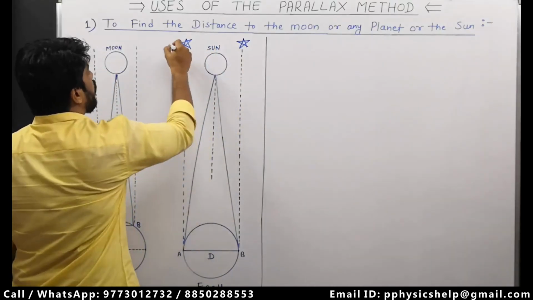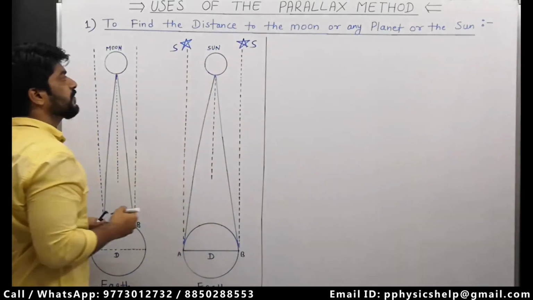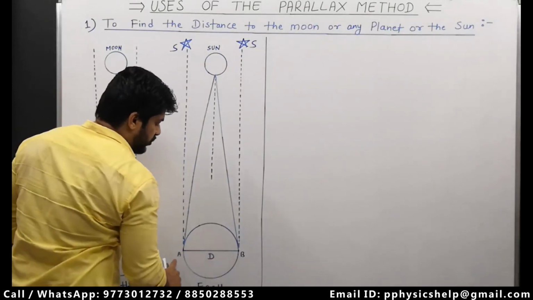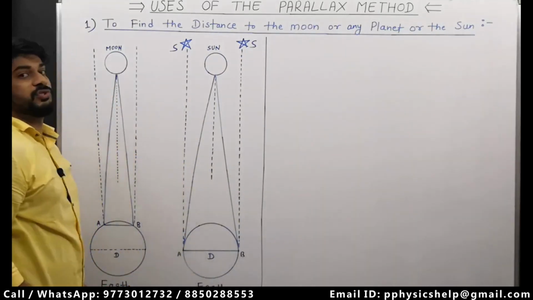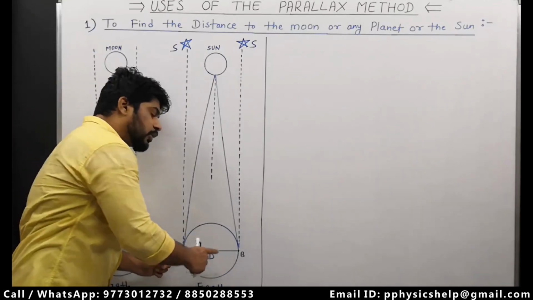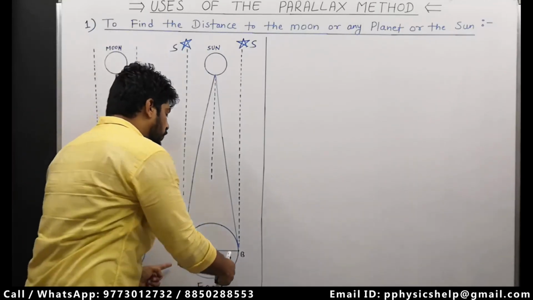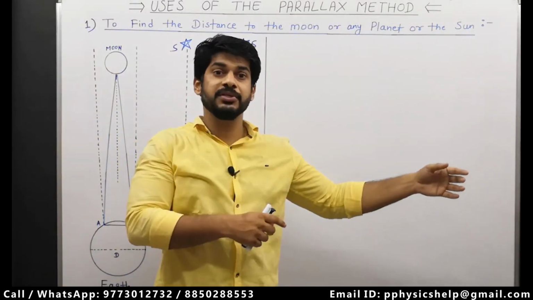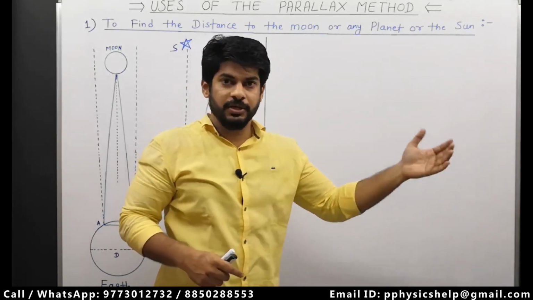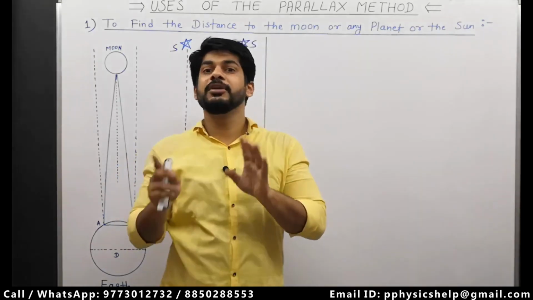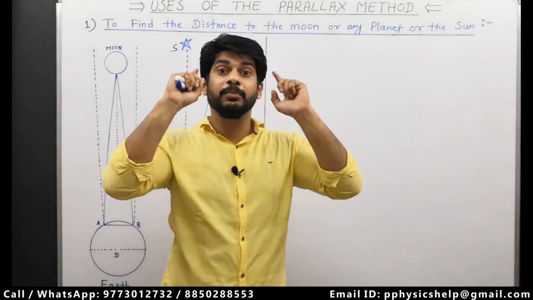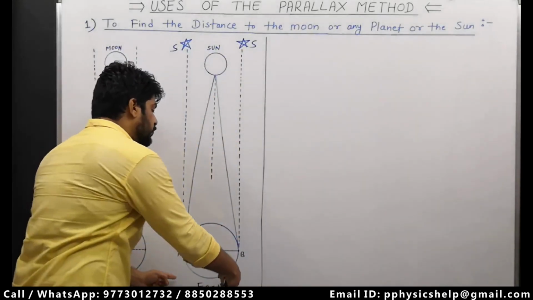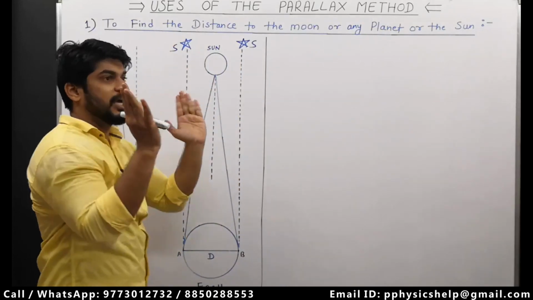Okay, the same star, let's call this star S. The same star appears in the same directions from these two positions. So what we do is, from our two observatories, we observe the same star simultaneously. Two observatories, different teams are working, different people, but they are all communicating with each other and doing the work simultaneously. So they will observe the same star simultaneously.